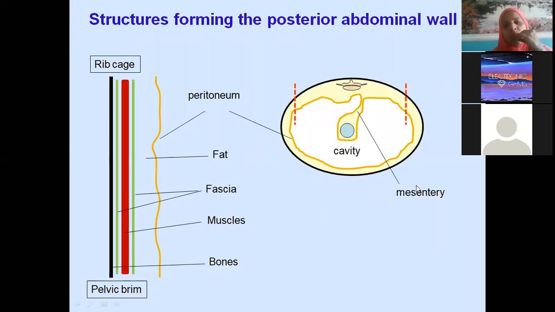So this is the whole abdominal cavity. Transverse section has been taken. Okay, so in this transverse section you are finding, see, this is the peritoneal cavity you are finding, and then